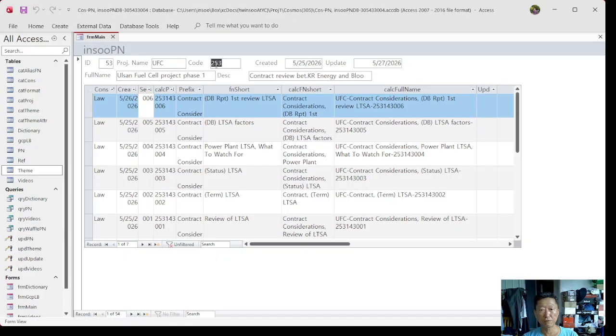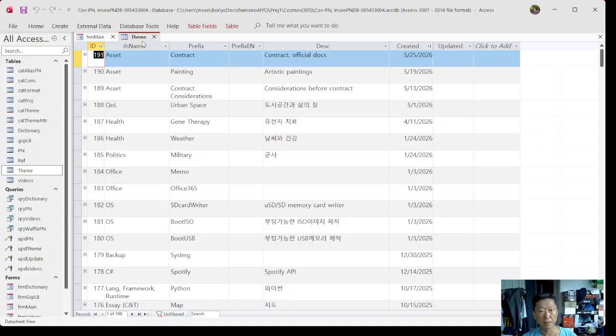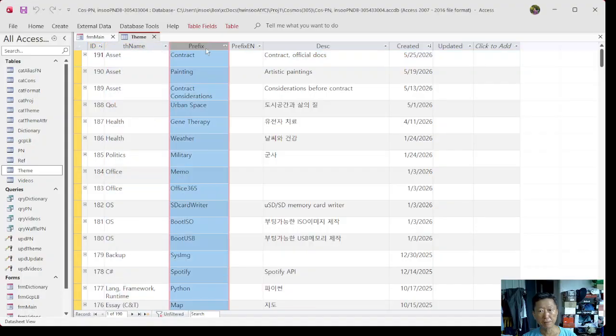So project code number and then the prefix or keyword of the document or information, then each number is serial. So these 253, and this prefix also has a number because in the theme table the prefix has